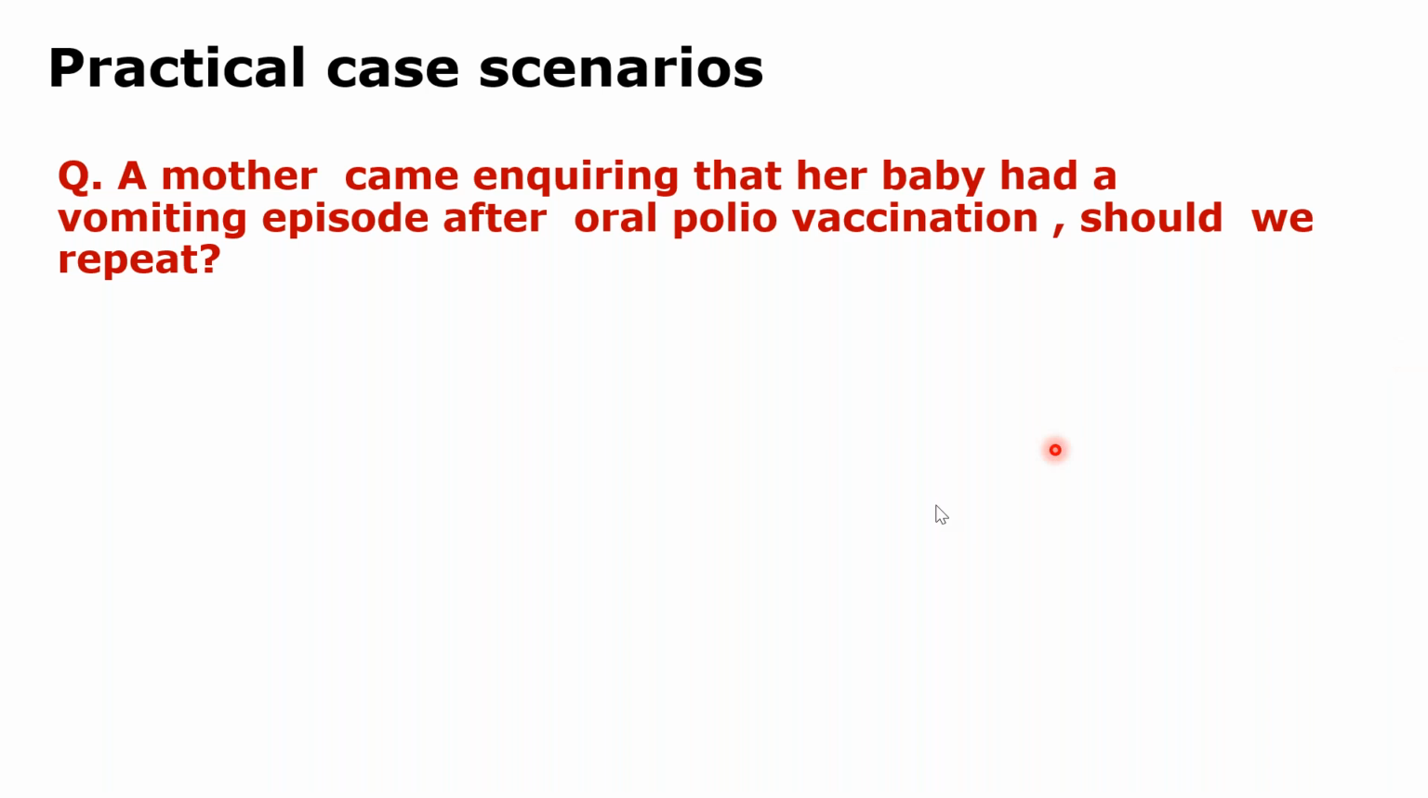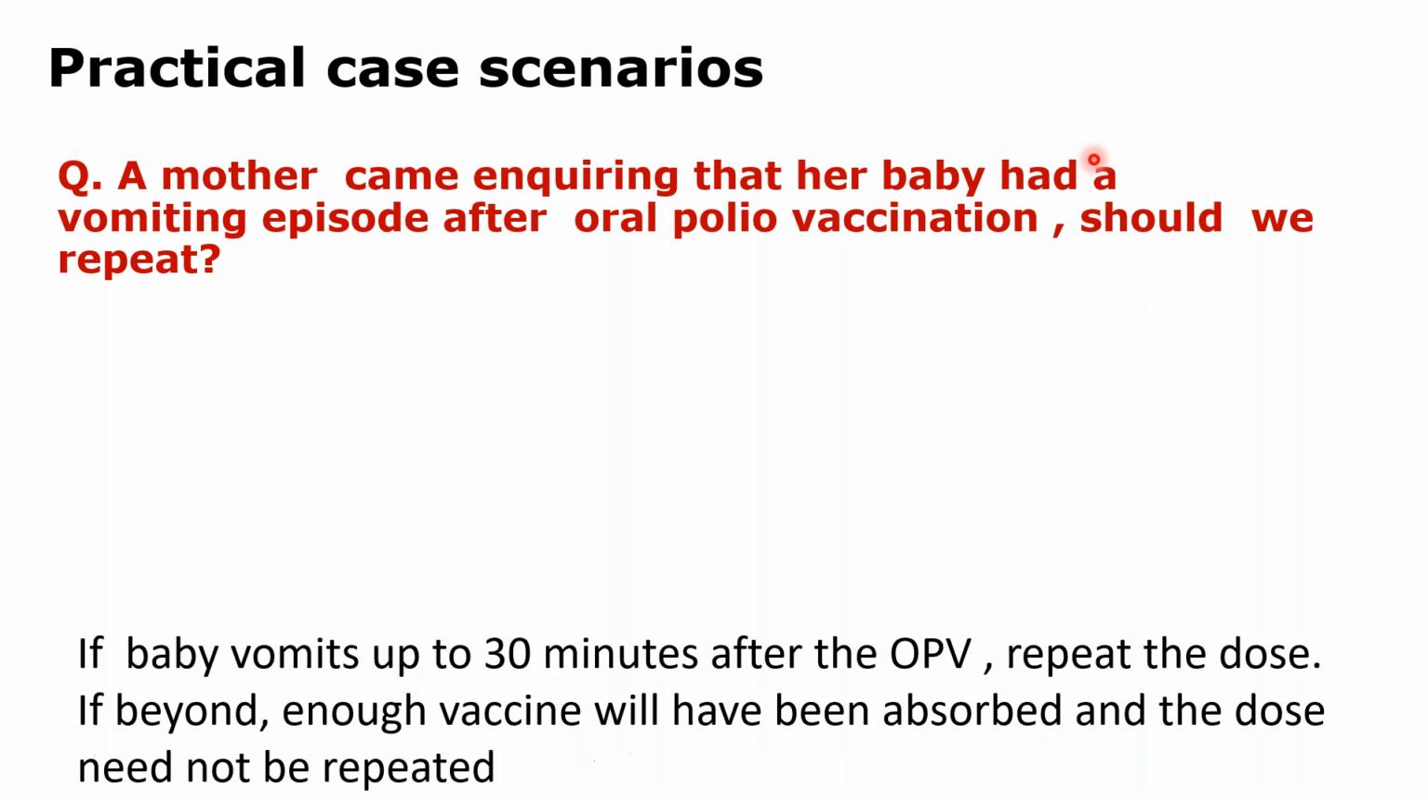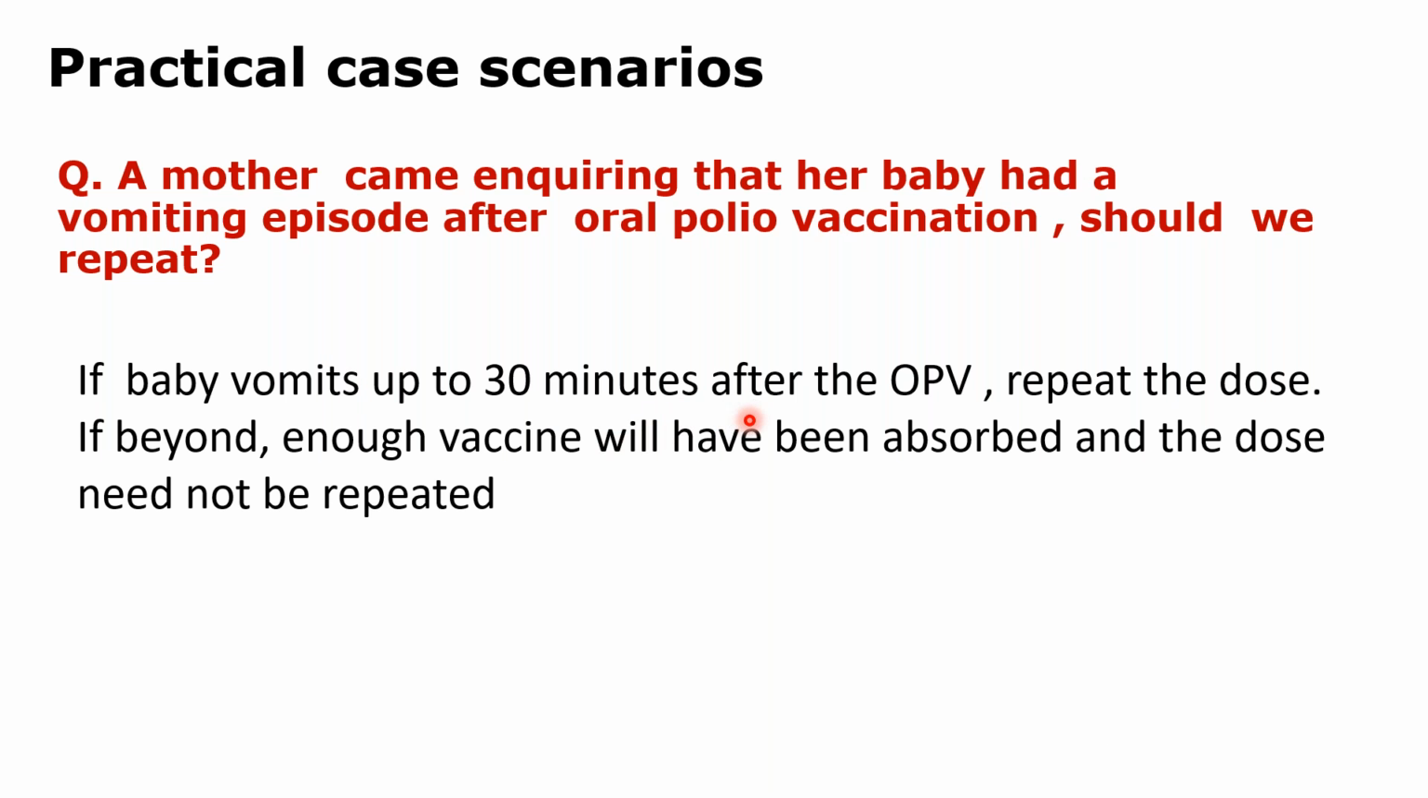So Mukesh, Pariniti, Raghav, Shiveha, Nikita, Pragya feel that it should be repeated. So let's see. Basically, if a baby vomits up to 30 minutes after OPV, only then we repeat the dose, assuming that no absorption has taken place. But if beyond 30 minutes there is vomiting, enough vaccine will have been absorbed and the dose need not be repeated. Okay,